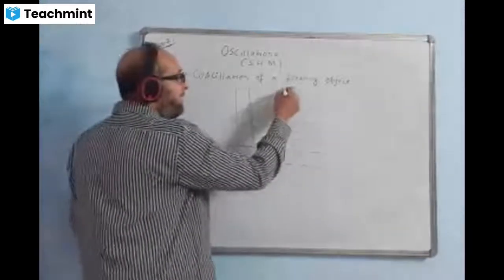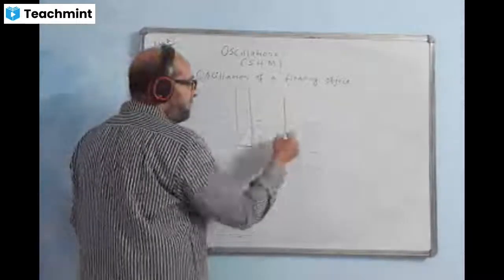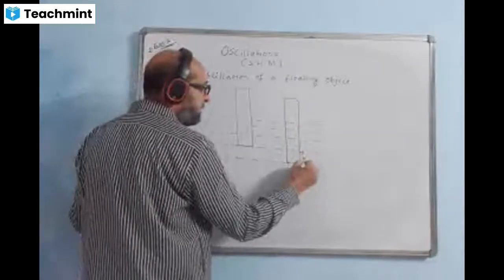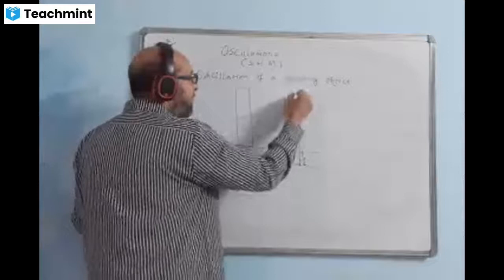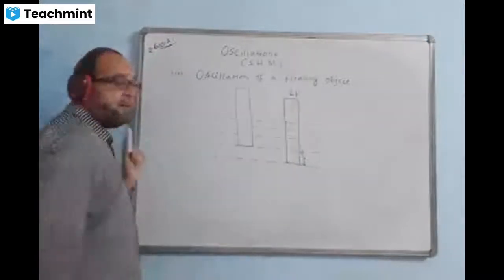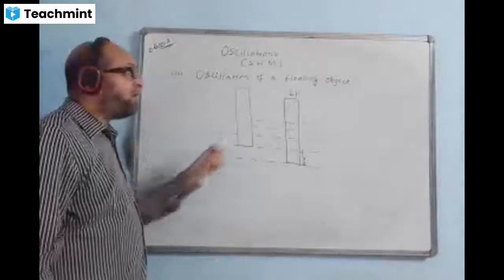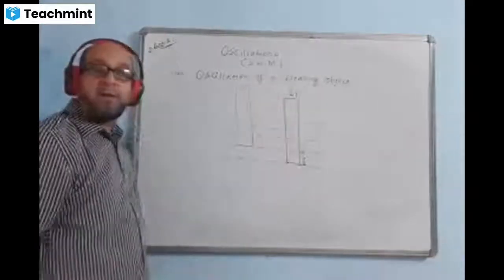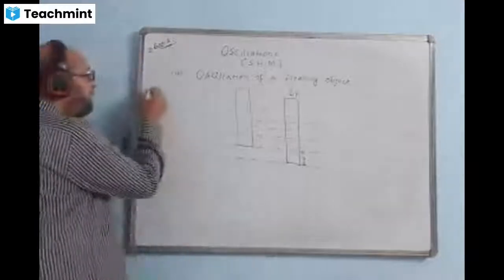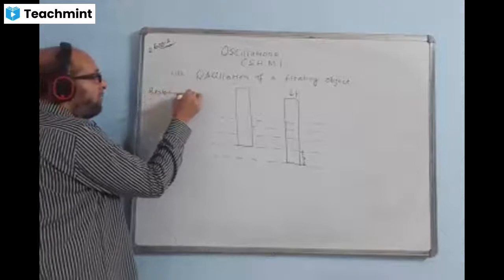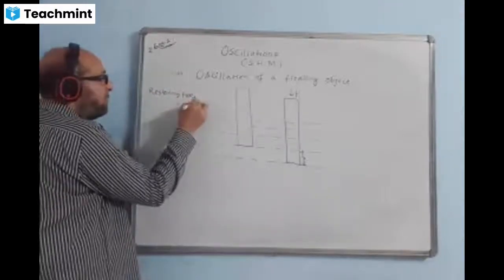To show this, when we are depressing it like this, in another diagram, it is going down by this distance x by applying a force. Once we release this force, the body returns back. The restoring force will be equal to the upthrust. Why does the body return back? Due to upthrust. Write down here, restoring force is equal to upthrust.